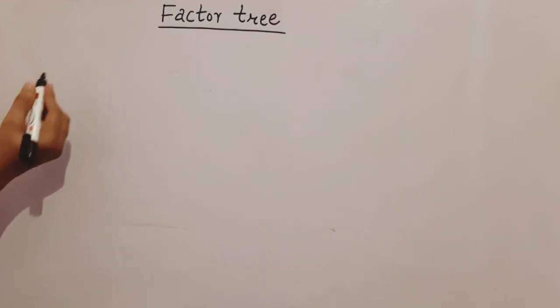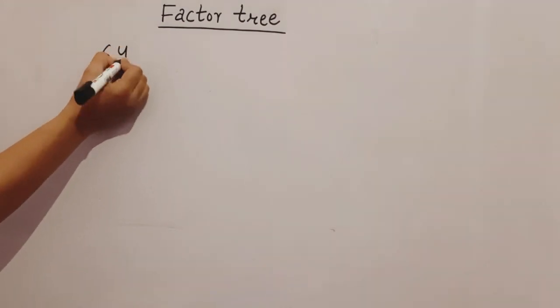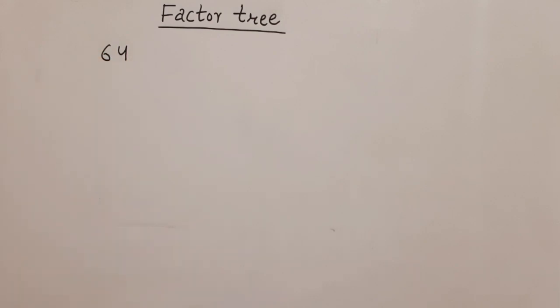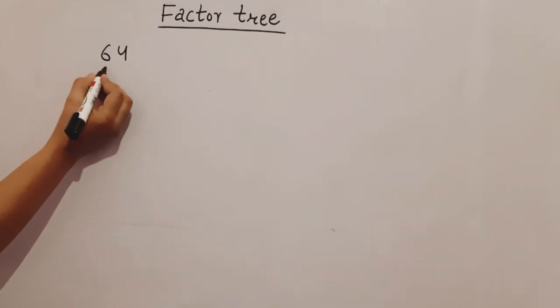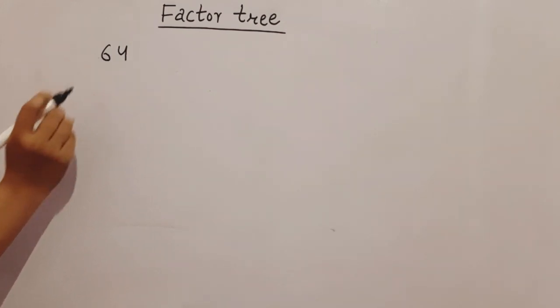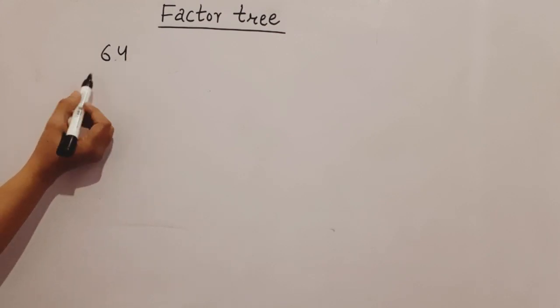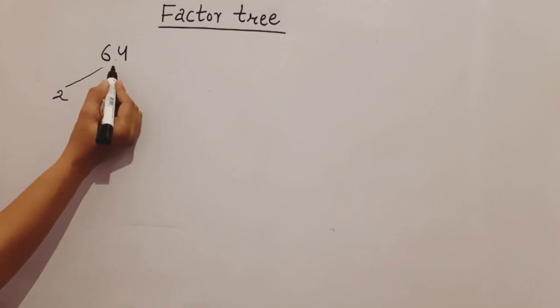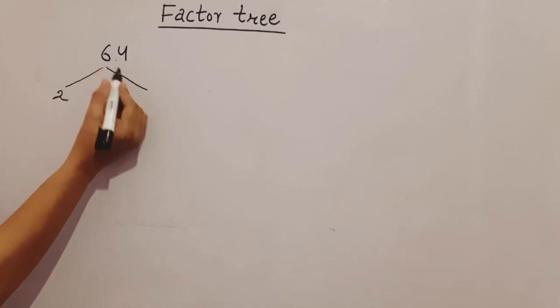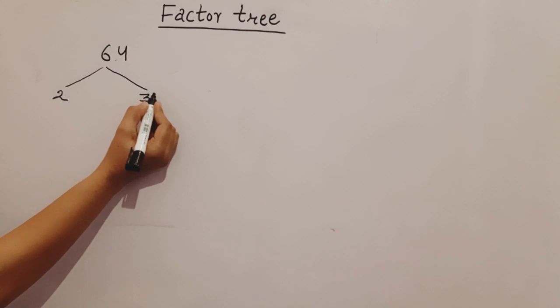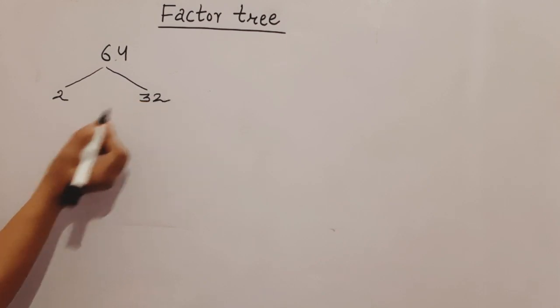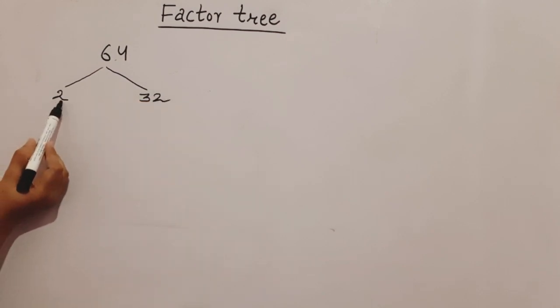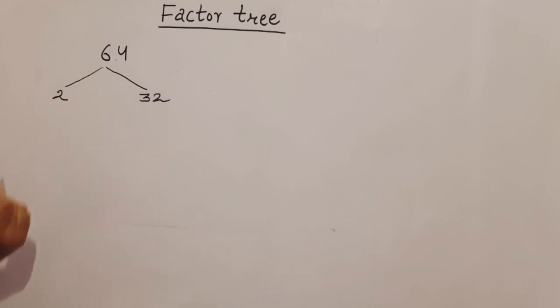Now whatever I have said, I am going to explain by an example to make the picture clear. For example, you have the number 64 and you have to draw the factor tree. Then how will you draw? As we have to start from the prime factors, as you can see the unit digit is 4. That means it is divisible by 2. So we will divide it by 2. When you divide it by 2, 2 3s are 6, 2 2s are 4. Now we have got one prime number and one composite number.